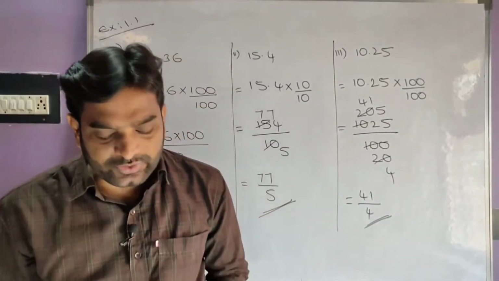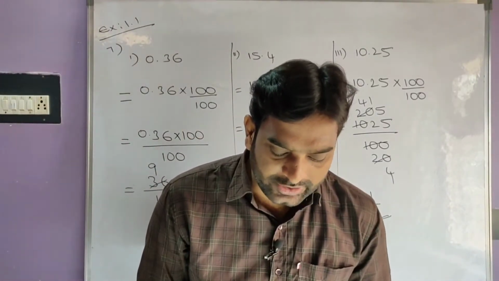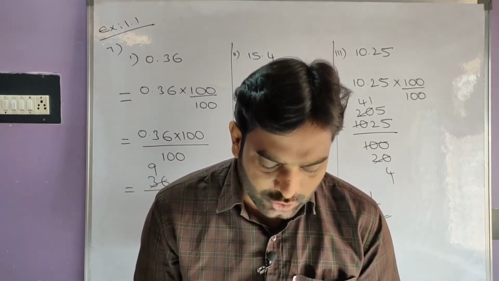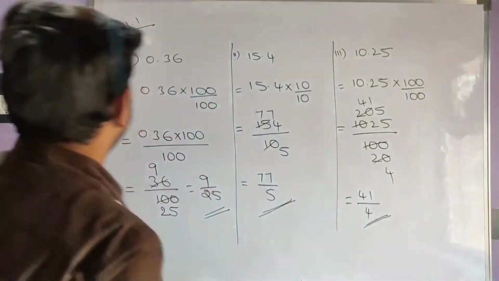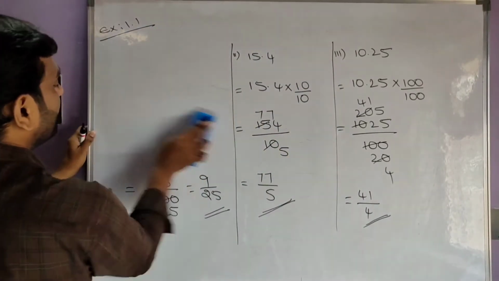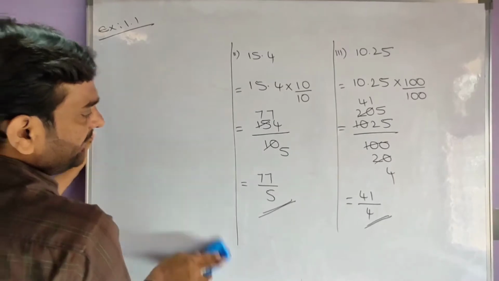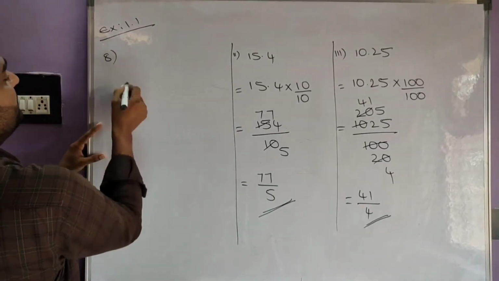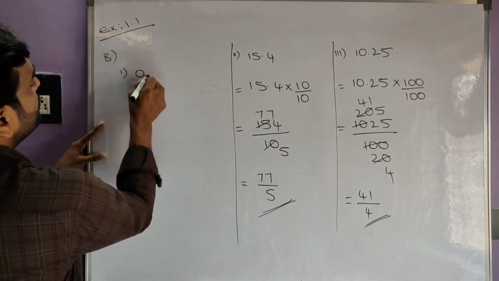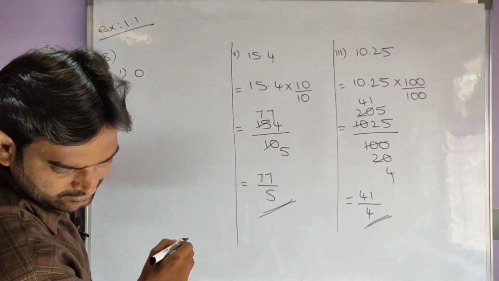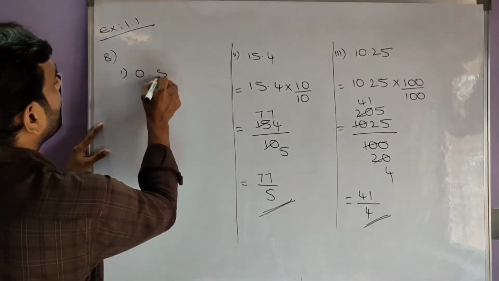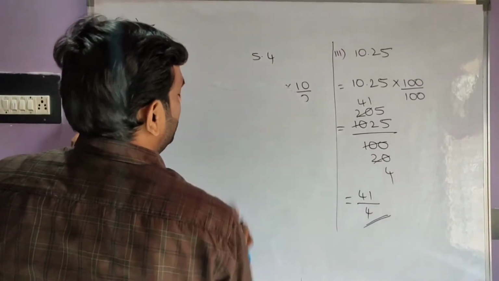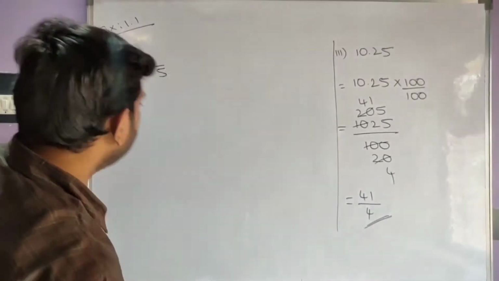And coming to 8th bit, express each of the following decimal numbers in p by q form. Here given 0.5 bar. These are the 8th bit. Now 8th bit, express in p by q form. In that first one is 0.5 bar. These type of problems we already did in 8th class. We have done in 8th class.